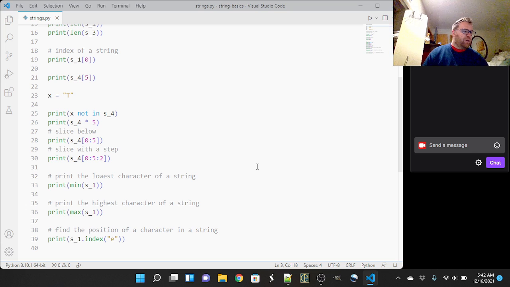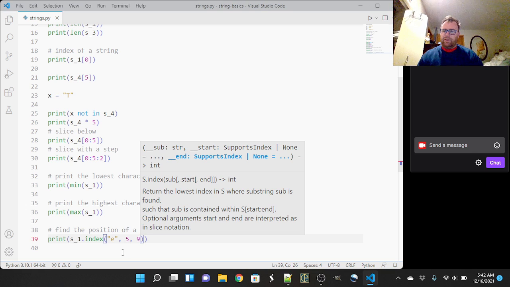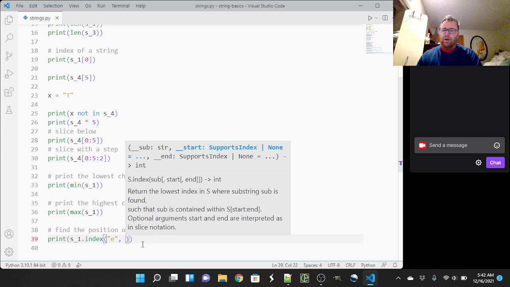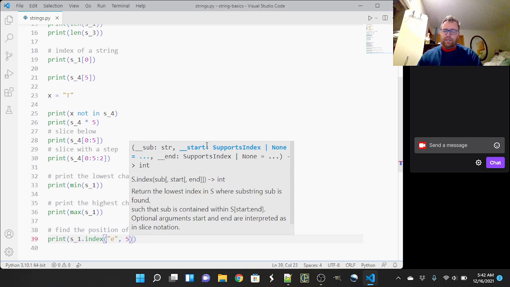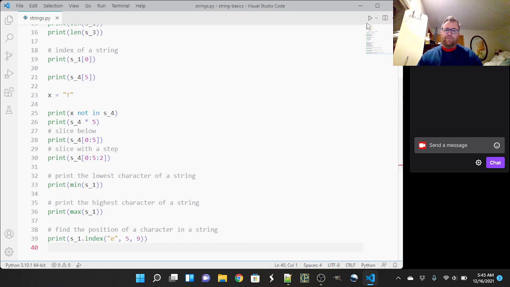We can also indicate, so if I hover over this, let me try that again. So we can have the start index and the end index of where to search. And now if I run this,